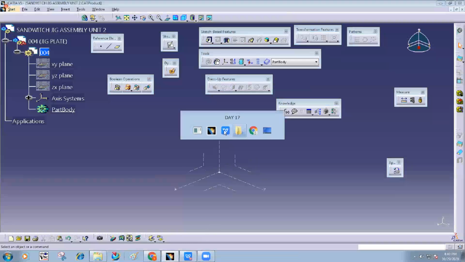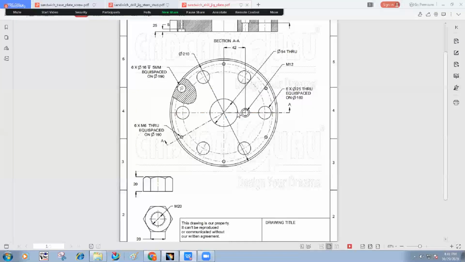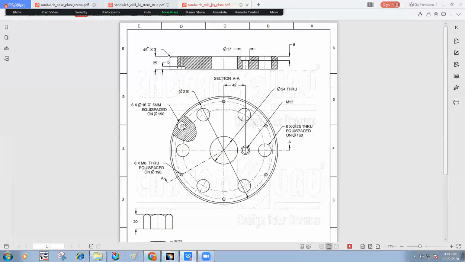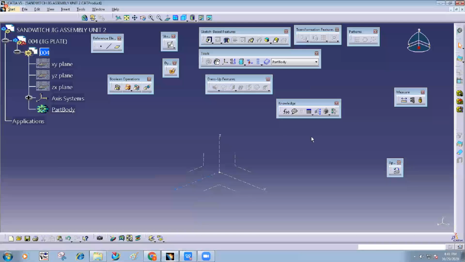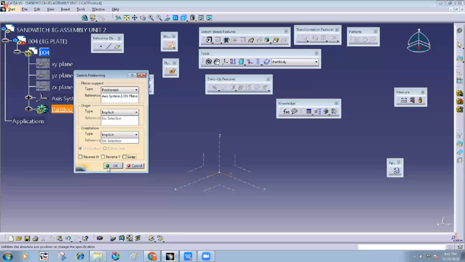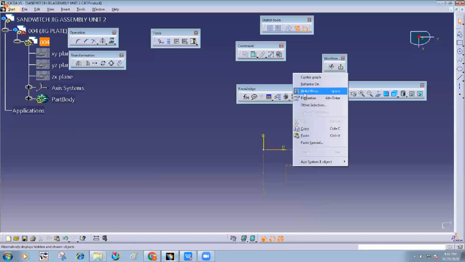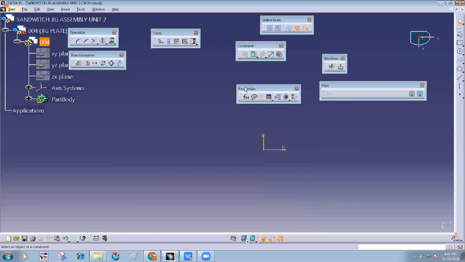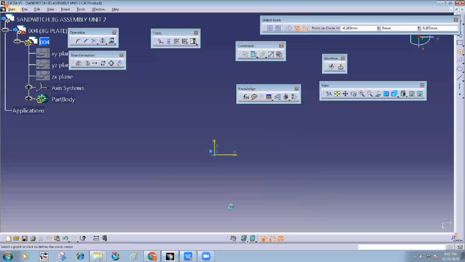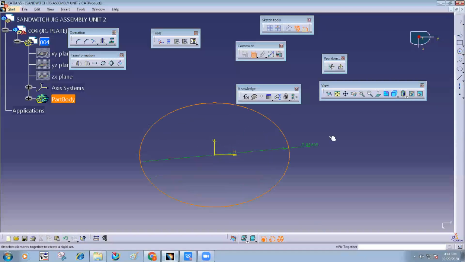What is the approach to design this? I think there is one circle whose diameter is 210. Take the sketch, hide this, draw a circle, diameter is 210.